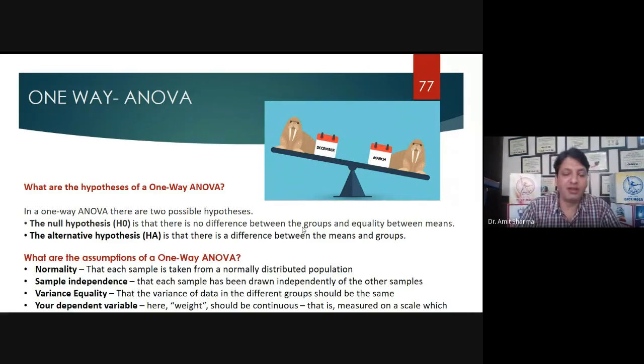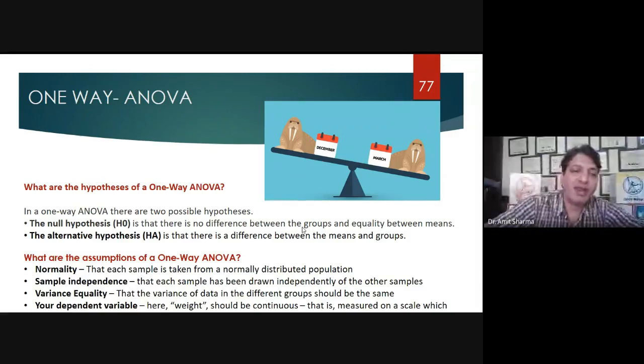For example, you have 30 students in your class and you have made groups of 10, 10, 10, three different groups, and you want to evaluate the method of teaching: by blackboard, by online teaching, and through another mode. So one way ANOVA will be applicable to this example.